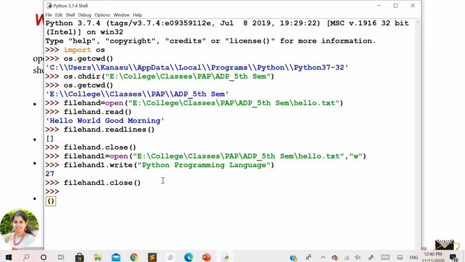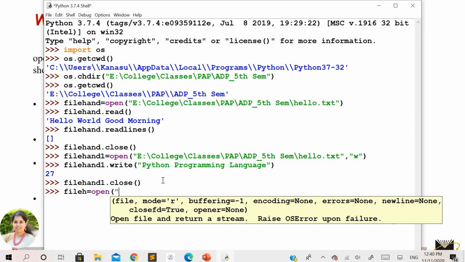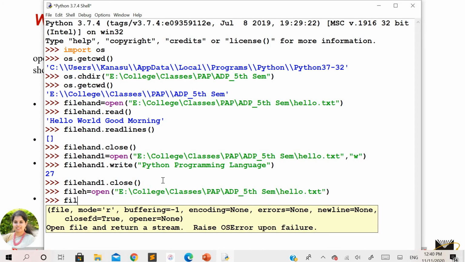Now once again open the same file with the new value, to see whether the contents that you have written to that file have actually been written or not. File handler dot read.